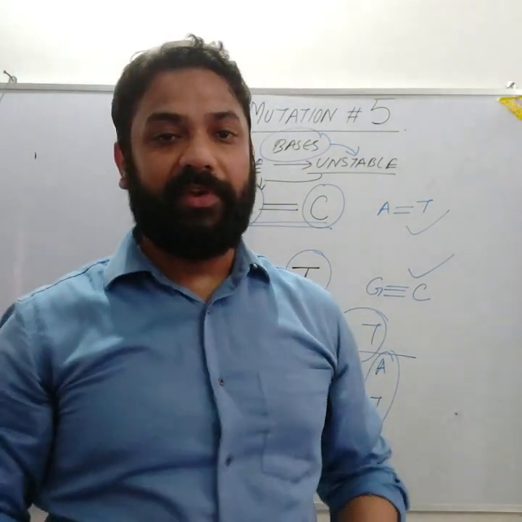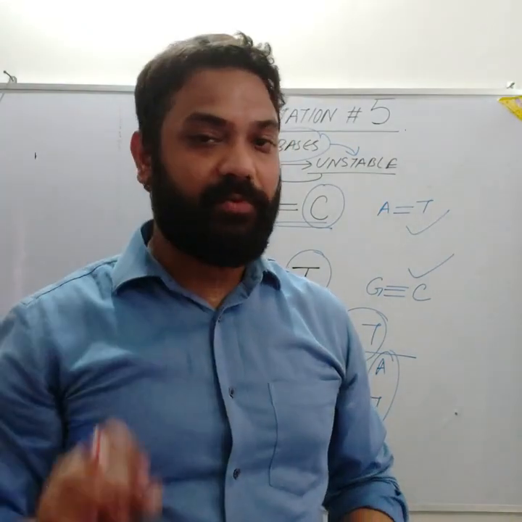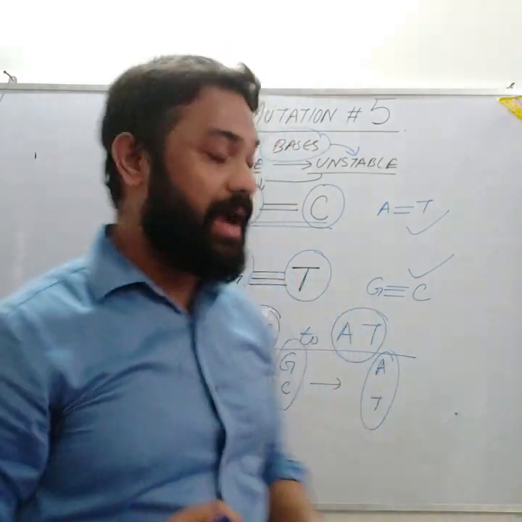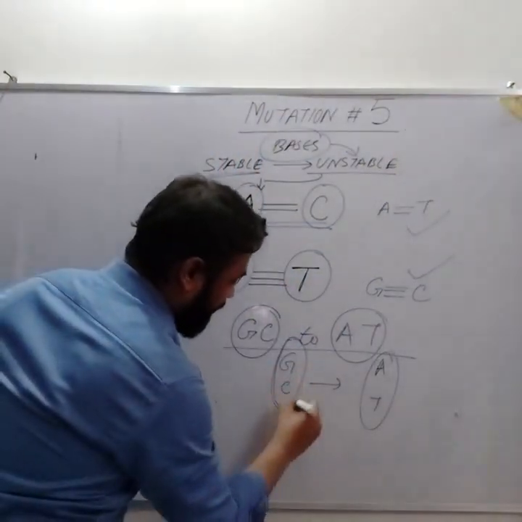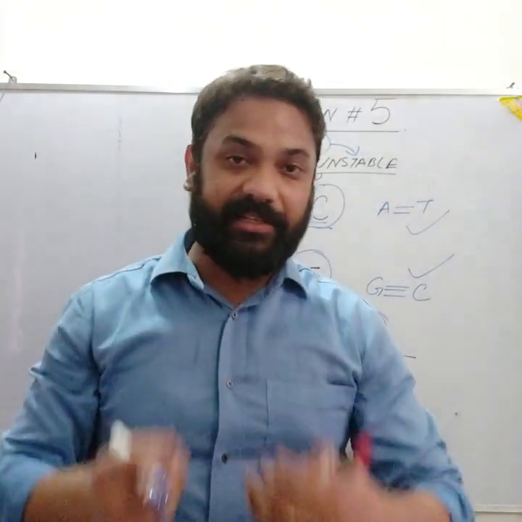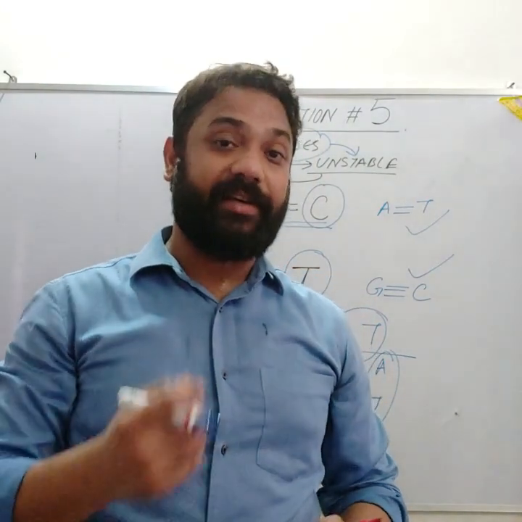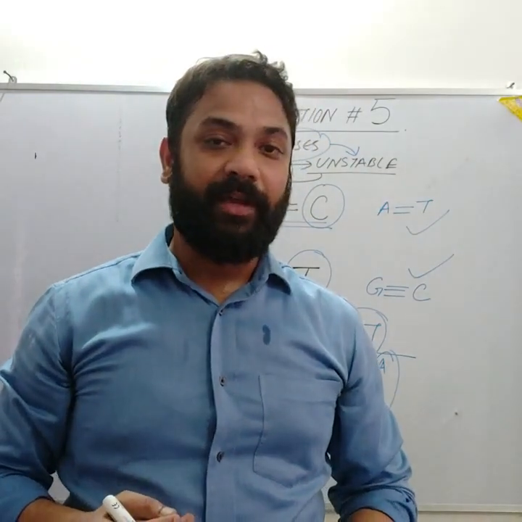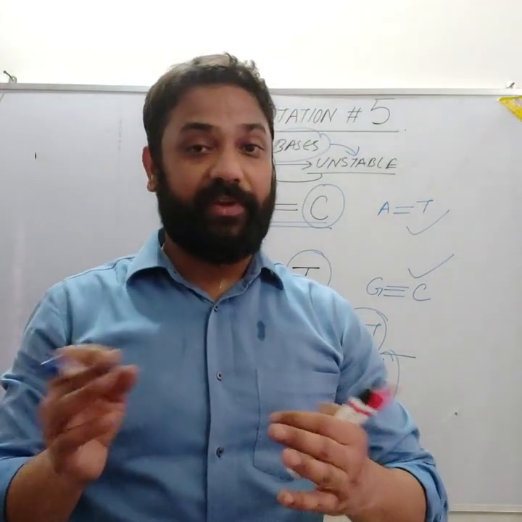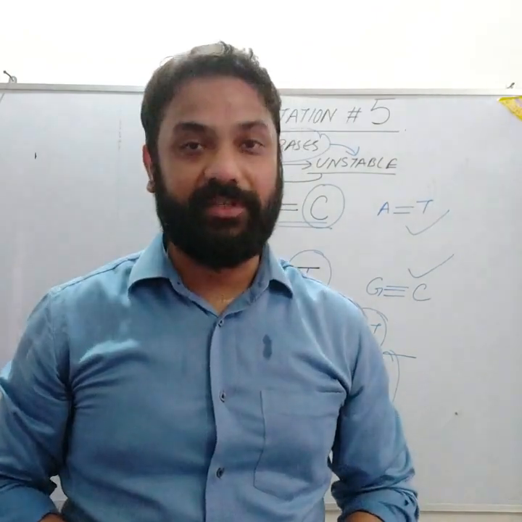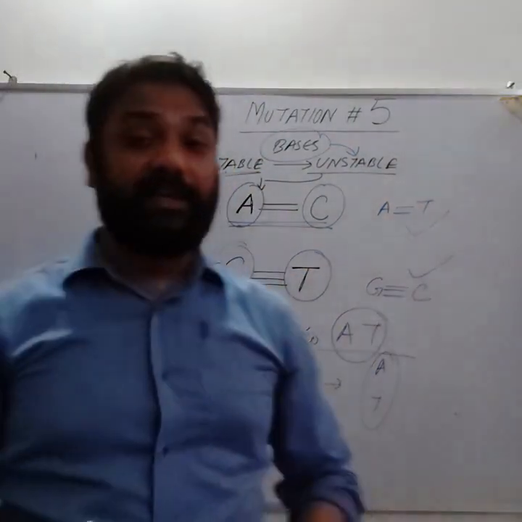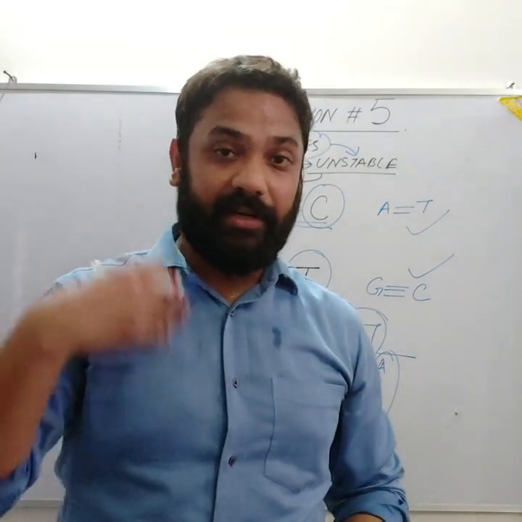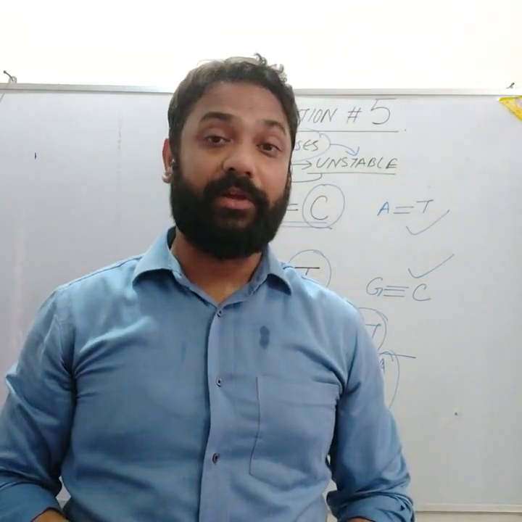In this video we have covered most of the part required to understand. In the next video we will discuss with an example how, in a DNA strand, a GC nucleotide base pair changes to AT, and this is what we call substitution. According to what changes and where it changes, we call it transition or transversion. I hope whatever we have discussed is very clear to you, and this is the basis for understanding what we are going to discuss in coming classes.